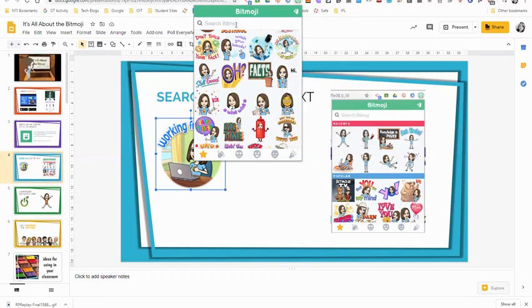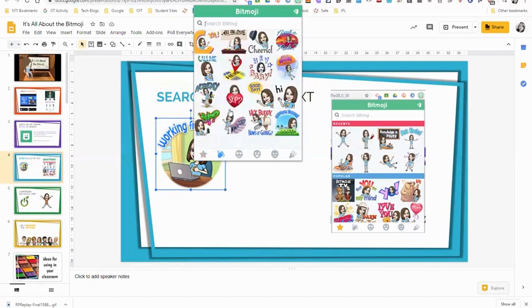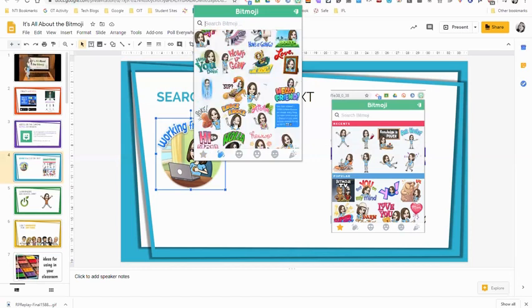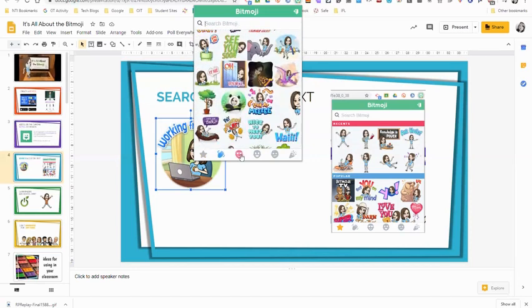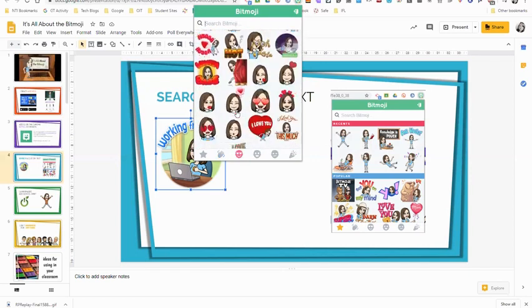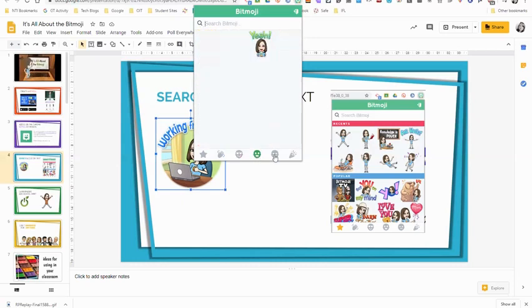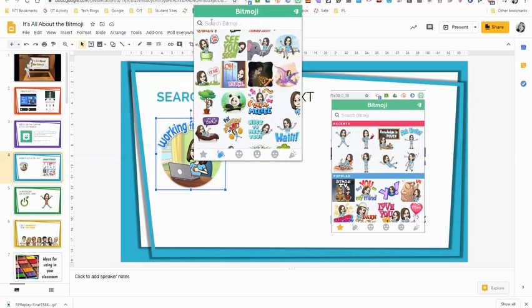And so also with Bitmojis, it's searchable. Notice at the bottom you can look at different collections. These are all basically like, hey, what's up? So look at all of these different ones that we have. These are just like really like, I love you. All kinds of different love Bitmojis. You can just search by collection, or you can come up to the search bar in the top and search